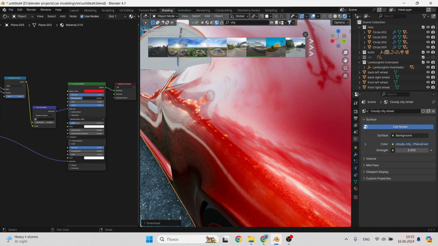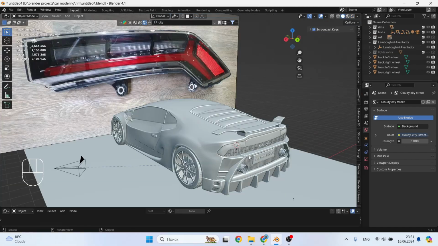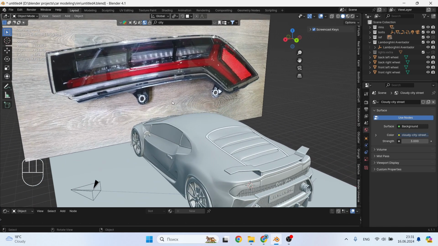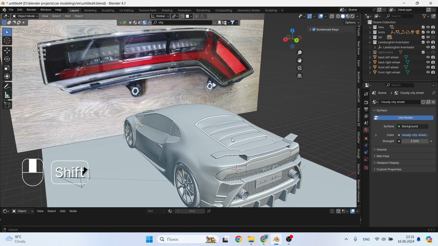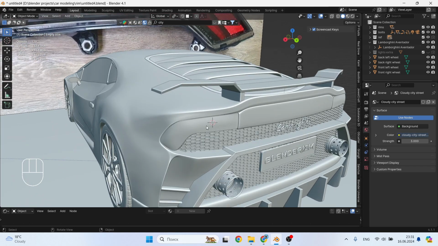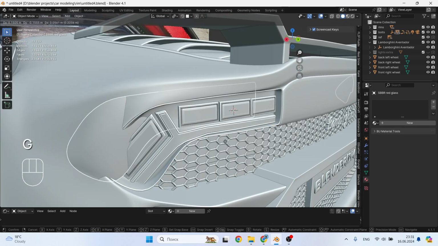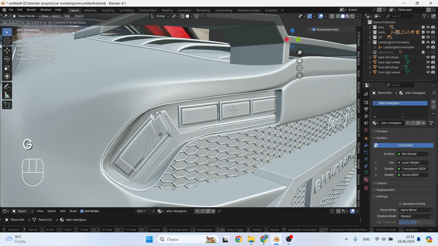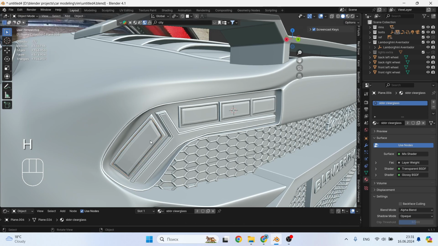Now I suggest moving on to the rear light. As you can see, I downloaded the reference. You need to pay attention to the fact that it, as usual, consists of 3 parts: brake, side light, and reverse. So now let me show you what it consists of. First, the outer glass. Then the headlight glass. It consists of 2 parts, the outer one can be smooth, and the inner one is figured.